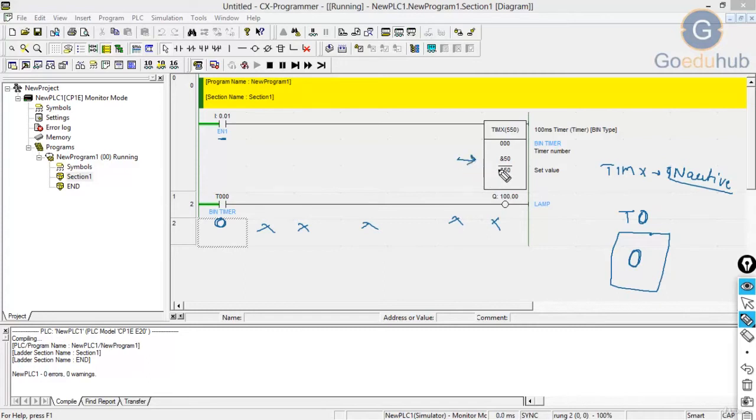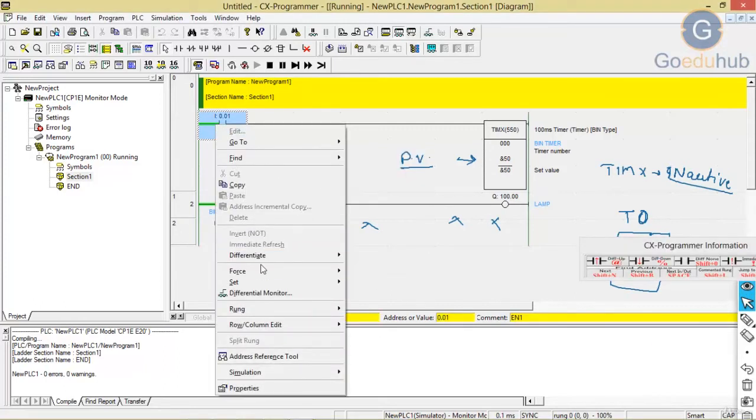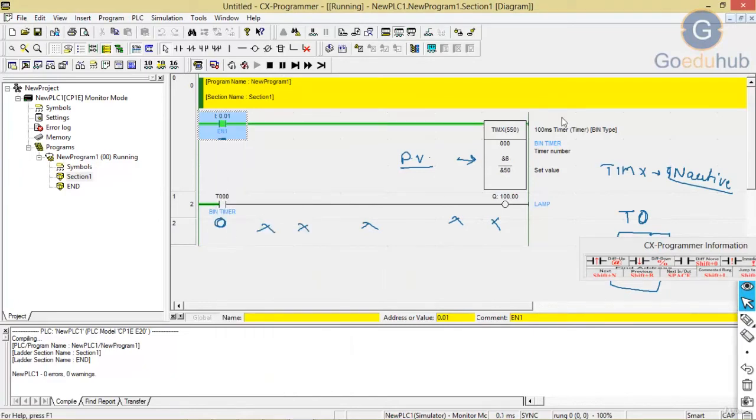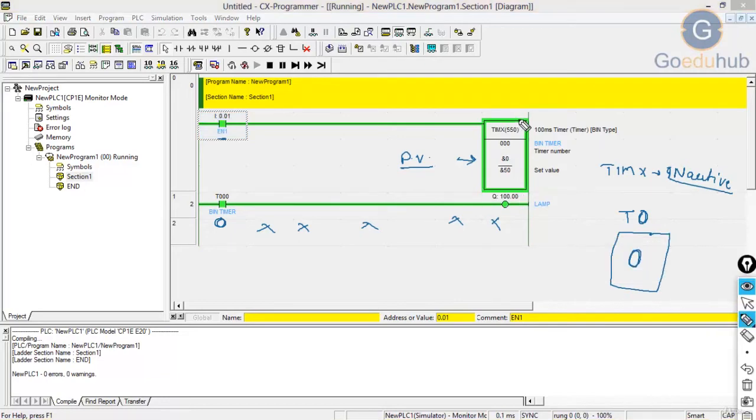You have to notice here that it will decrement your preset value, as you can see 50, it will decrement up to 0. For that, first enable your switch. Right click, set on, it will decrement up to 0. Then as you can see, time X 0 is in the high state, so instead of 0 here, now we have 1. That's why 1 is coming here, it is passing supply, and your output is glowing.